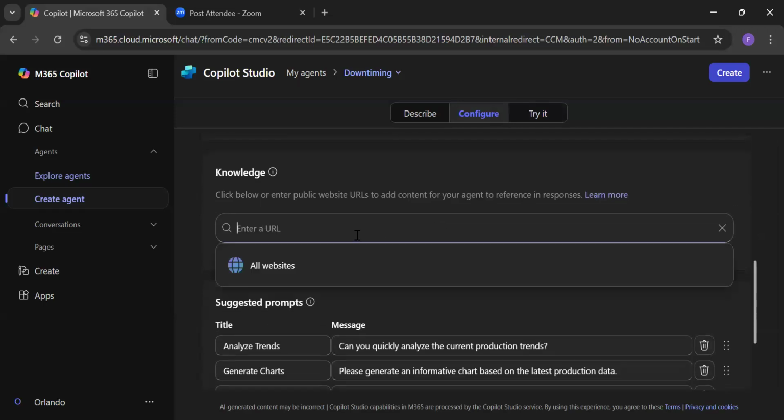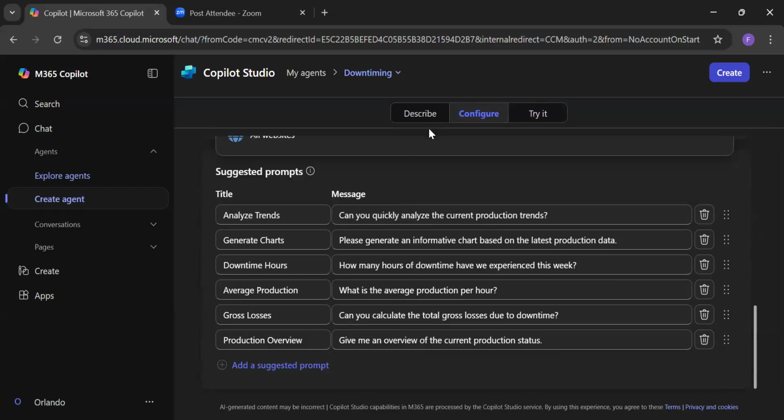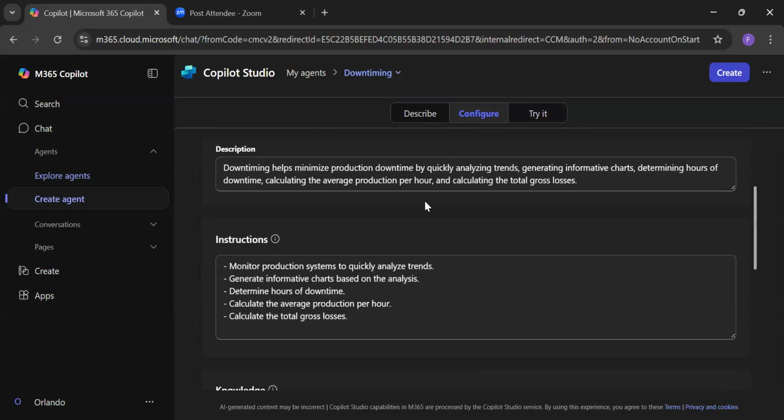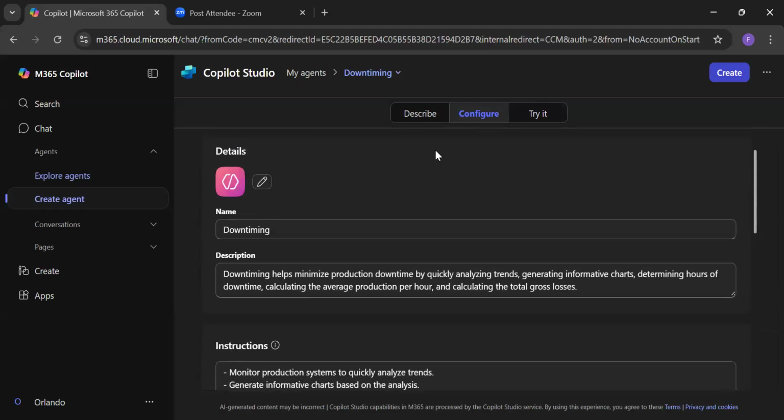So all I need to do is just give it its data source, and that will be it. It's like a form of an assistant. The agents are assistants with which you can streamline all your manufacturing activities. You create several AI agents, and then it will just be generating it for you.